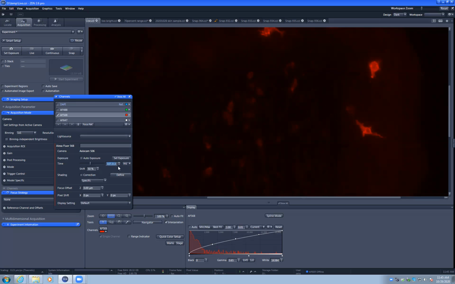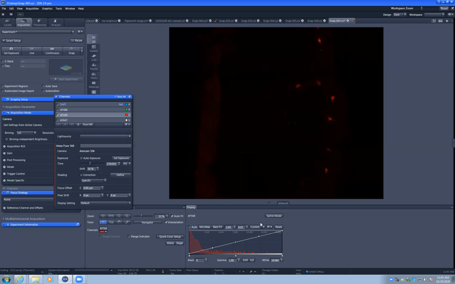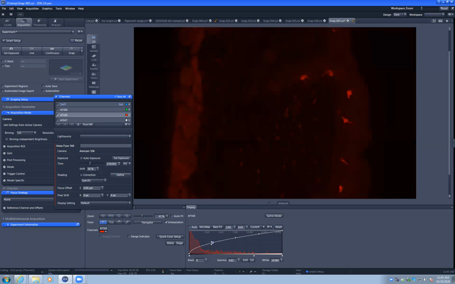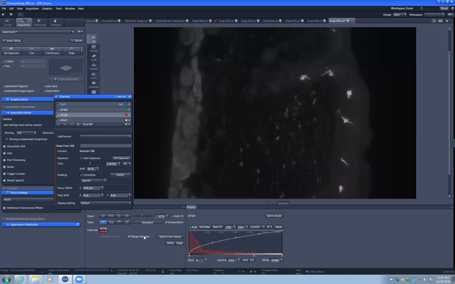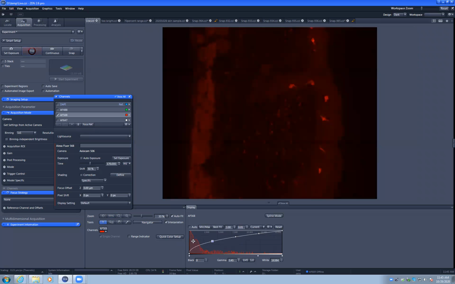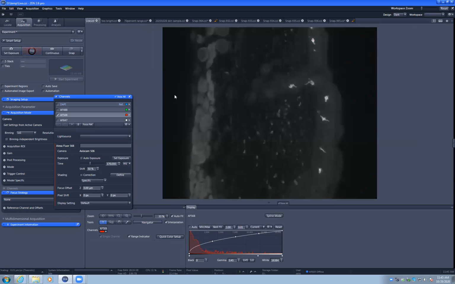So for instance, if I change this exposure time to 170 milliseconds, I would just take a single picture to see how that exposure time changes the image, rather than, well, we can check the range indicator, rather than keeping it live. And as I said, as I'm doing this, it's bleaching, but I'm not doing anything that I need to see the change immediately. Now, if I were changing the exposure time here, I'd want it live, but otherwise it would